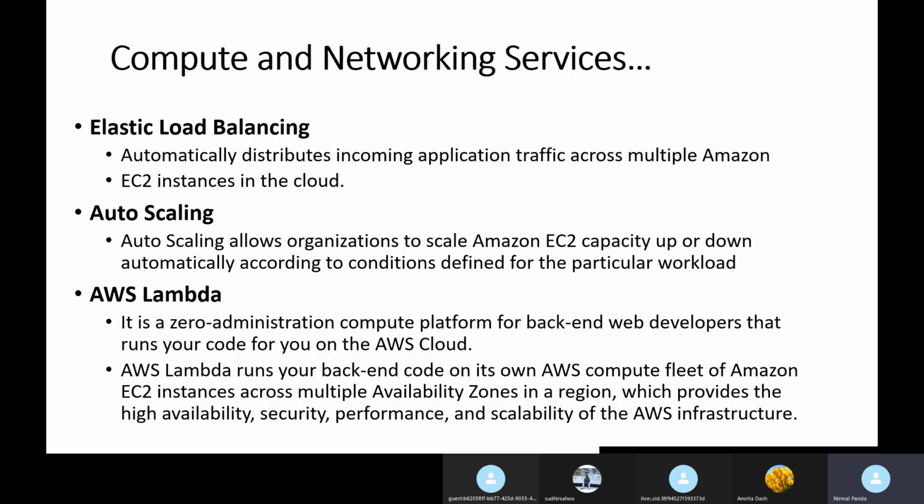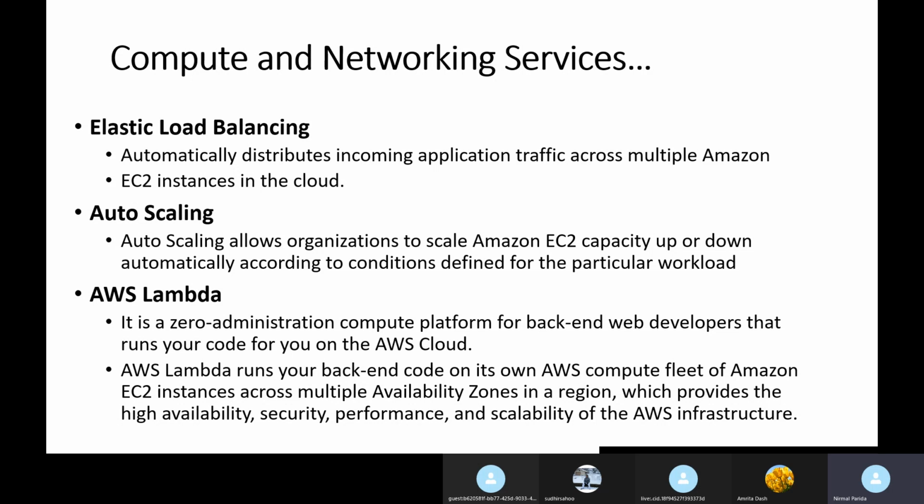Next is Elastic Load Balancing. It is a service by AWS that automatically distributes incoming application traffic across multiple Amazon EC2 instances in the cloud. Suppose you are working with a web service deployed on one EC2 instance, one virtual machine in the AWS cloud, and you are having more load.